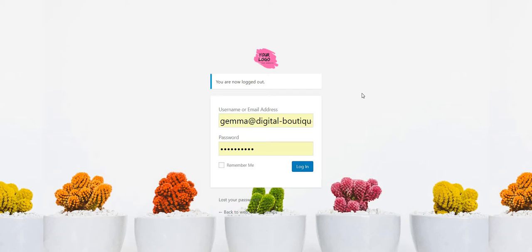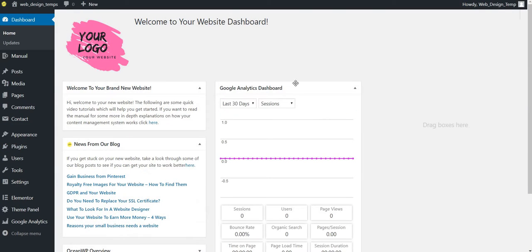So this is my demo site. So obviously you need to log in. So it will be your URL. So www. whatever your address is, and then /wp-login, and then obviously your credentials, and then login. So obviously Google Analytics, nobody visits this site, so it's a demo site. Nobody visits. So you go into your updates in your menu at the side,